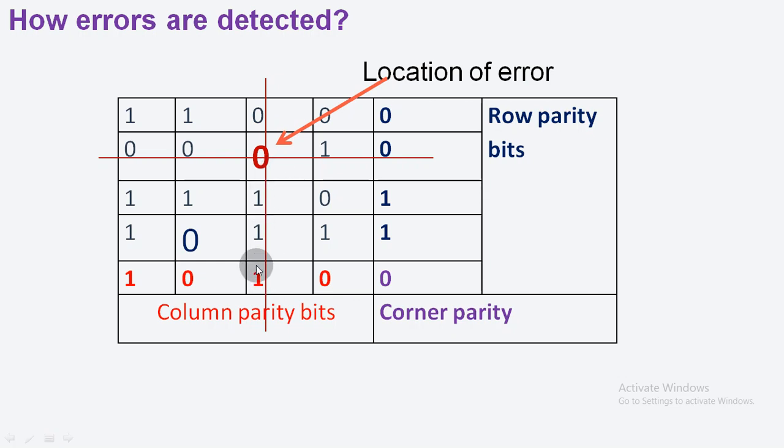It should have been 0, but some mistake has happened along this column, therefore this is identified along this column. It should have been 0, but here 1 is noticed because the sender has placed this. Therefore a horizontal line along the row where error was suspected, and along the column where error is suspected, and